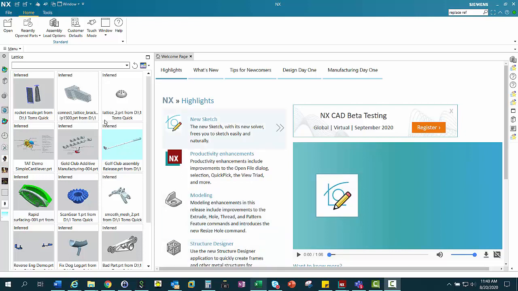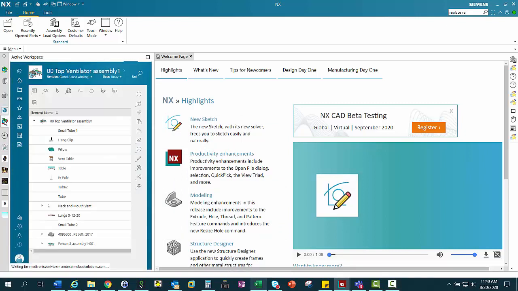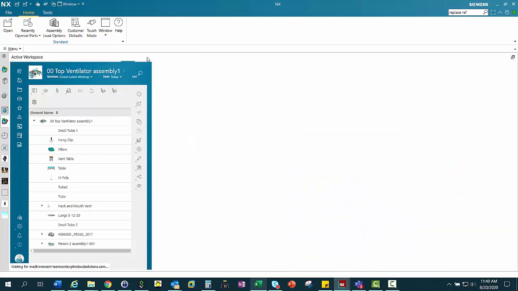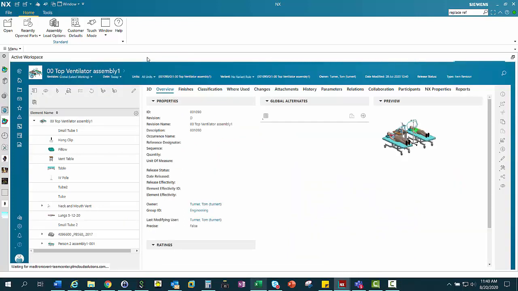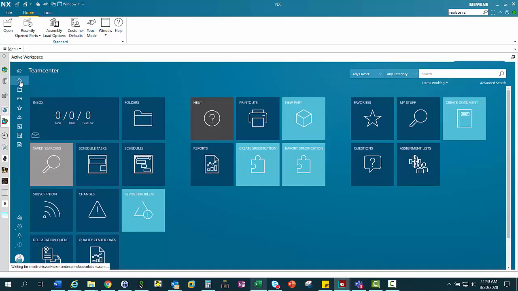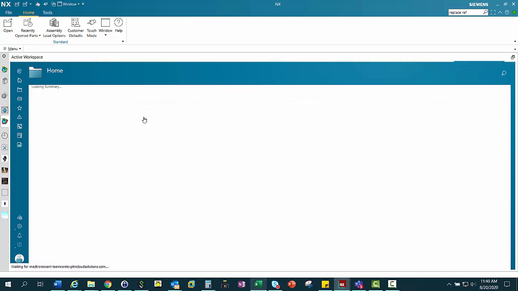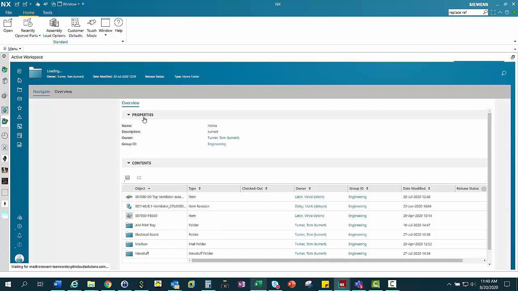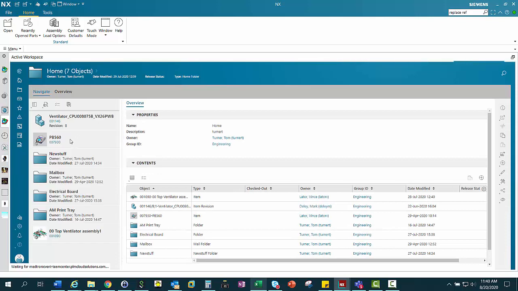Now, being a designer, I can sit down and my data is managed for me with Teamcenter. So I can go into Active Workspace, which is Teamcenter, right within NX, and you can see there's the ventilator, but I can go through, I could do searches, I could release data, I could do my job. I have a home folder. If I click on my home folder, you can see some of the things that I've saved that may be